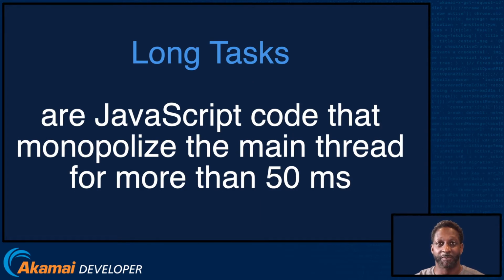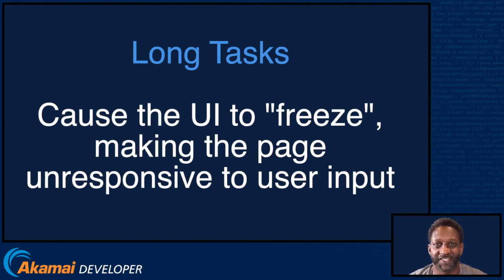Long tasks are JavaScript code that monopolize the browser's main thread for more than 50 milliseconds. Long tasks cause the user interface to freeze, making the page unresponsive to user input, even if it looks ready. Clicks and taps often don't work because event listeners and click handlers have not yet been attached. As a result, users start to notice that their clicks are delayed and that scrolling the page has become janky